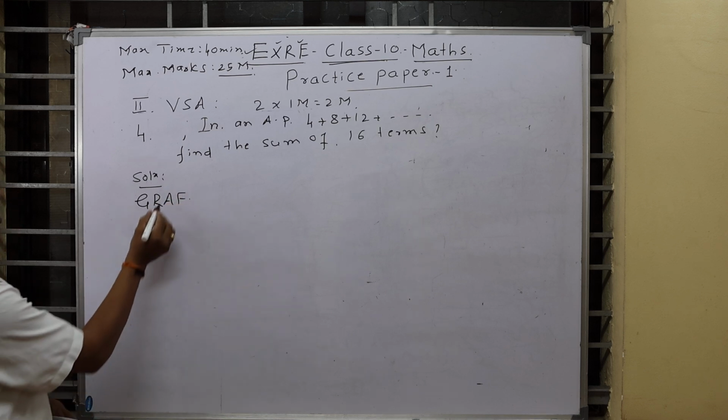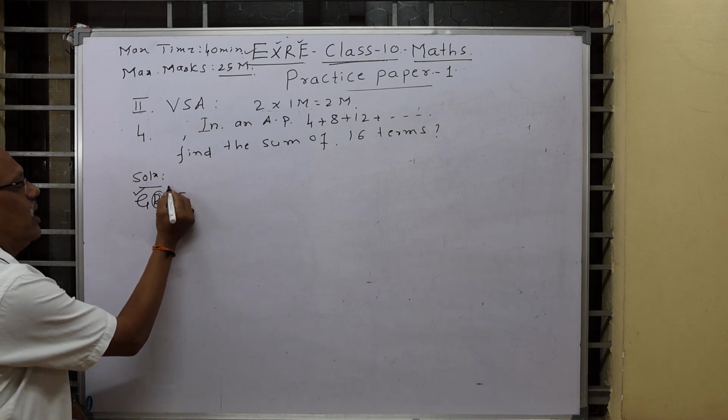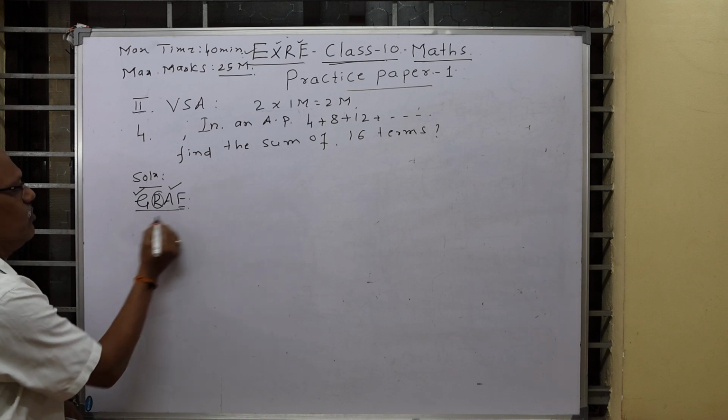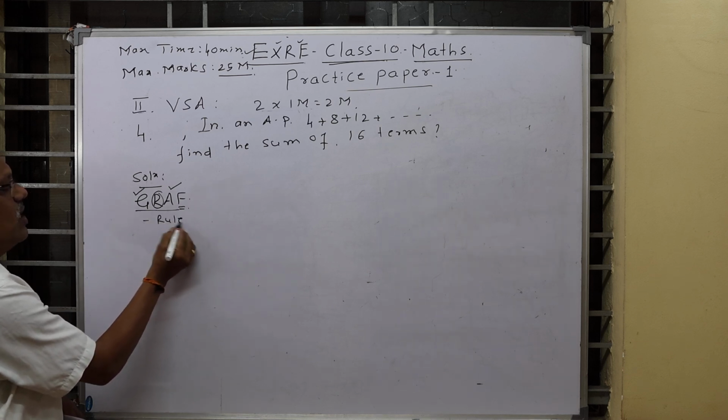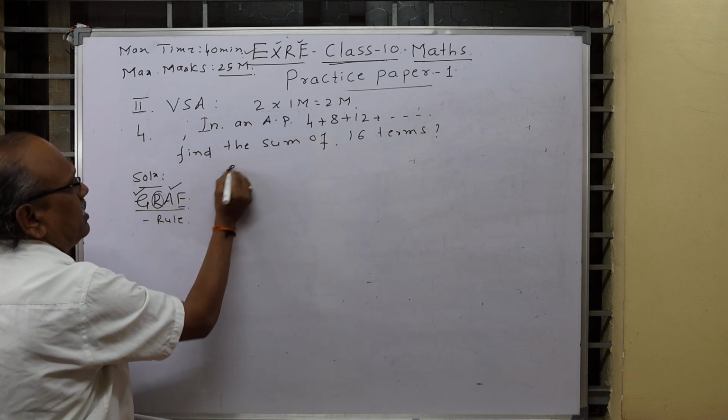GRAPH rule means, first of all, you read the question, then you note down what is given, then you understand what is asked, then which formula I can use. This is the GRAPH rule. Use the GRAPH rule to solve any problems. First one is in an AP. What is given? Given that